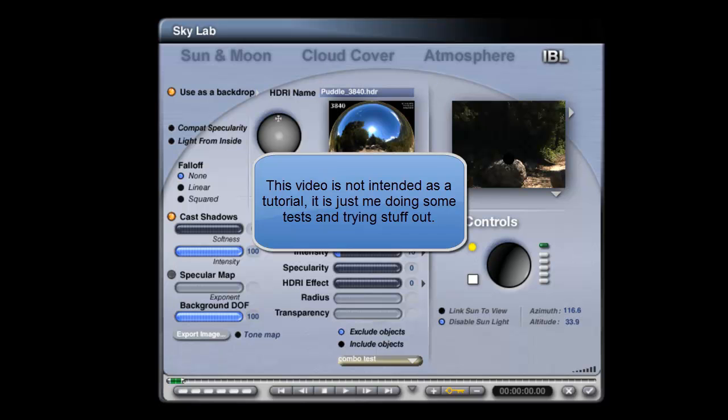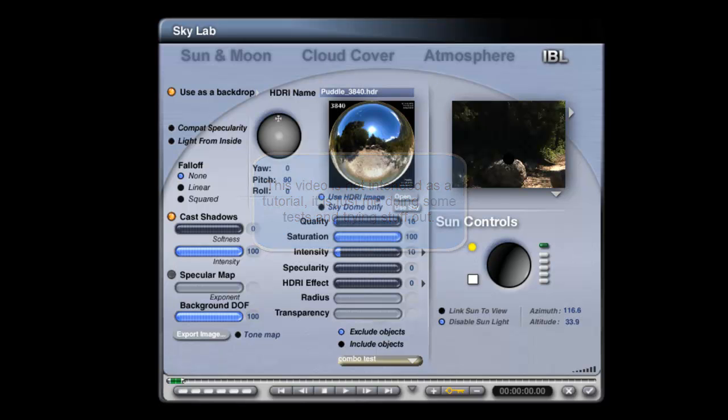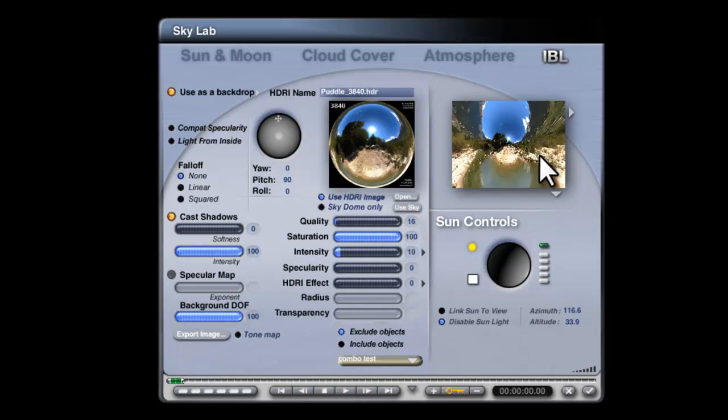Well, I don't know if you'd be interested in this, but I thought I'd give it a go and see what people say. What I have here is one of Horo's HDRIs. It's Puddle, and I've loaded in the high resolution version, and as you can see we're in the Skylab, and if I go to render in scene, you'll see that there's some strange distortion going on, and that's because